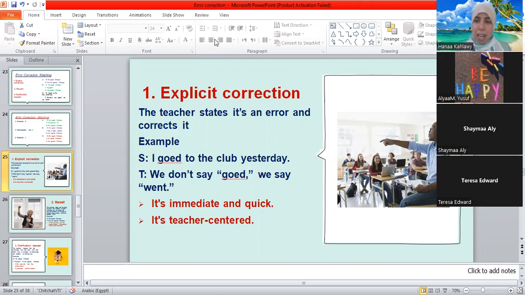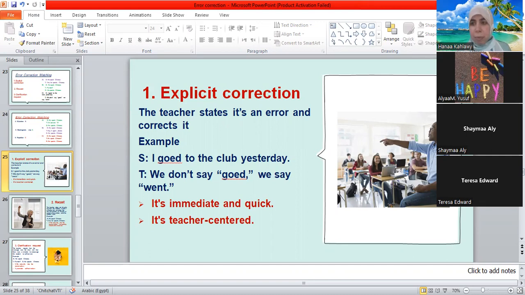Again, when I have an accuracy activity, it's supposed to immediately correct the mistakes, especially when we have repetition and drilling. Okay, so this is number one. It's quick, it's immediate, and it's all about the teacher. It's a teacher-centered technique. Of course, this technique doesn't encourage students to self-correct.